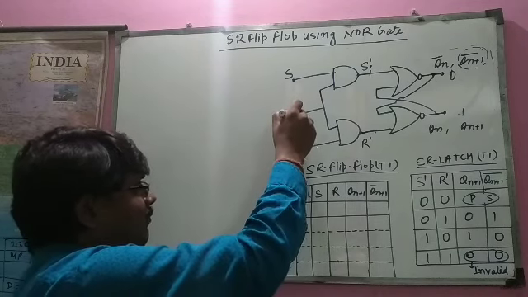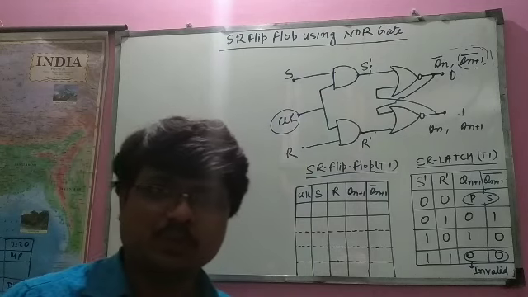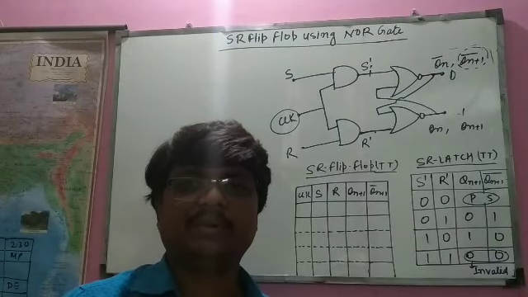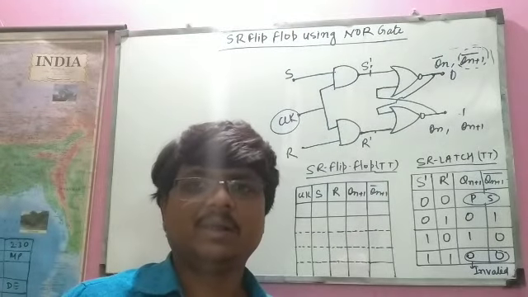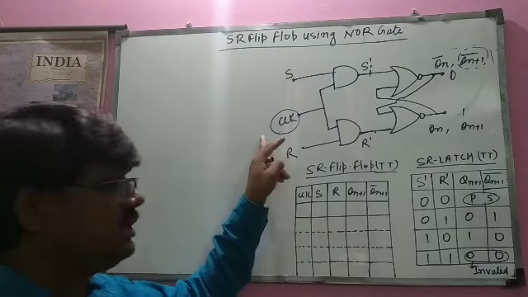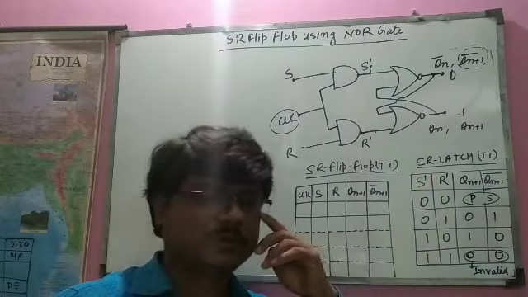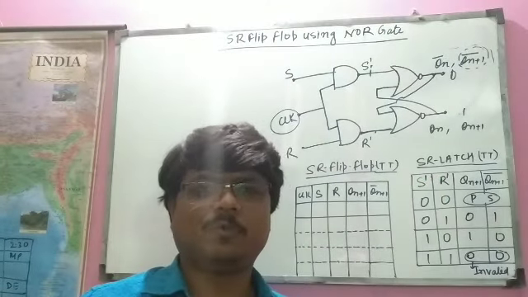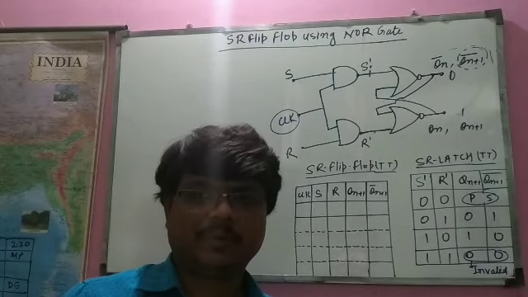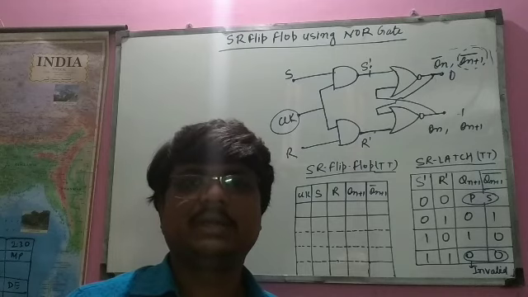but the only thing we have in control is that clock. Okay, clock is 1 or clock is 0, it is in my hand. If we provide the clock, it will be 1. If we do not provide the clock, it will be 0. So it is in our hand. It is not going to be a floating clock, because all the flip-flops are connected to the single clock. So when we provide the clock, then only the output is going to be changed.